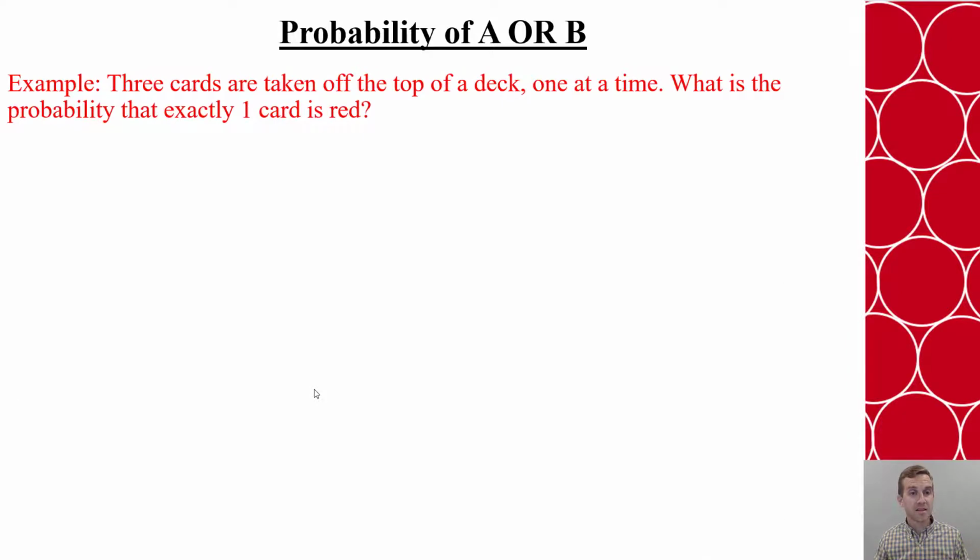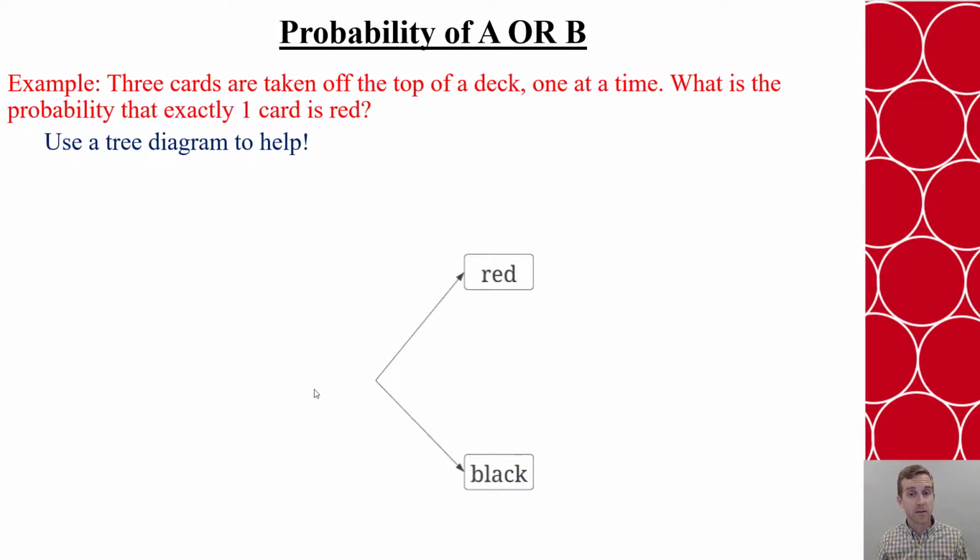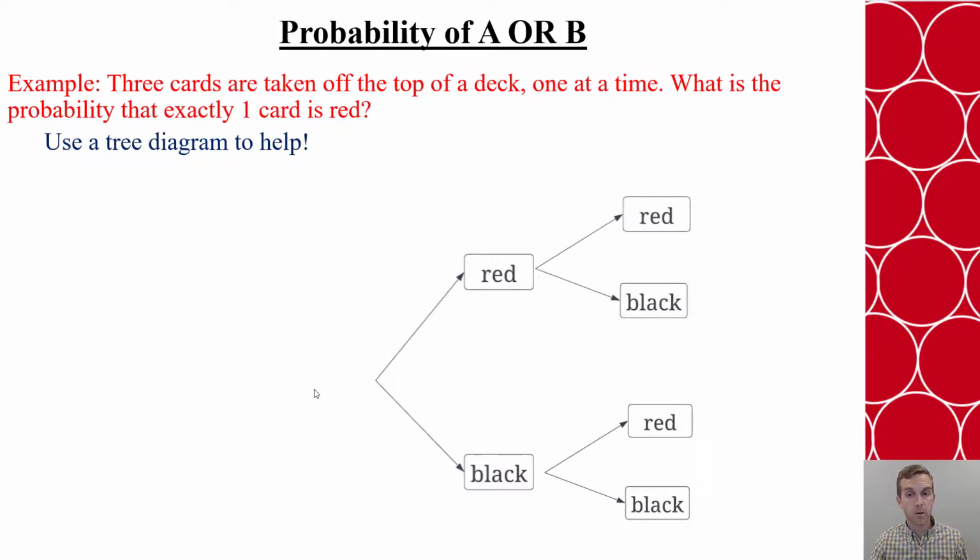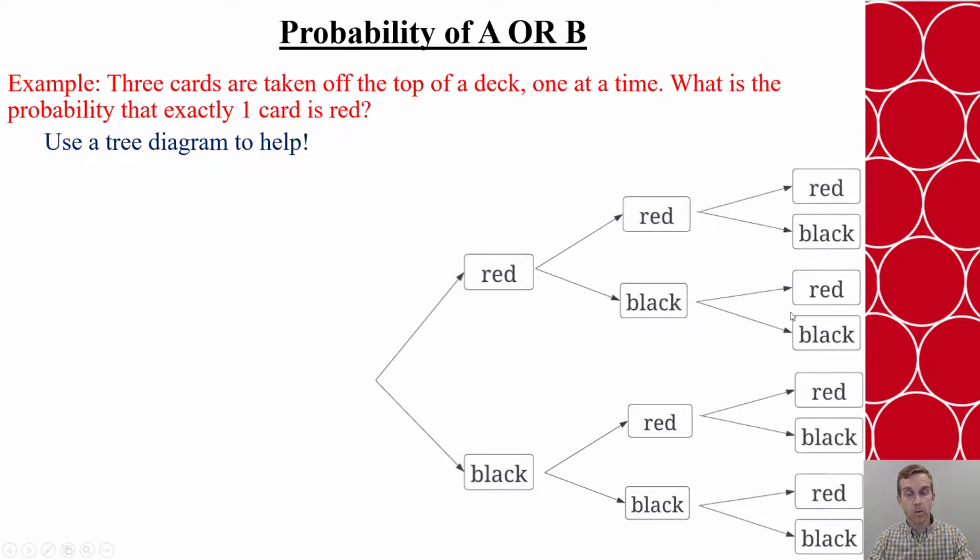Let's look at one last example here. Say 3 cards are taken off the top of a deck, one at a time. What's the probability that exactly 1 card is red? So when we do this, let's first create a tree diagram to help us. So in the first step, it could be red or black. From each of those, the second card chosen could be red or black. And then from those, the third card chosen could be red or black. And you can see here, there are 8 total combinations, and it continues to grow with every step we add